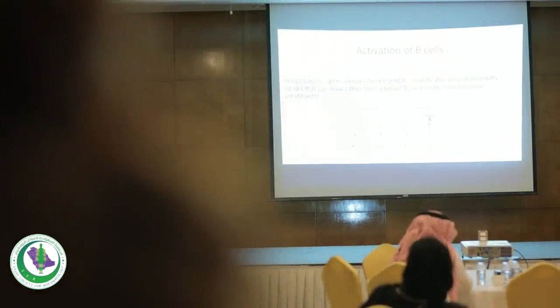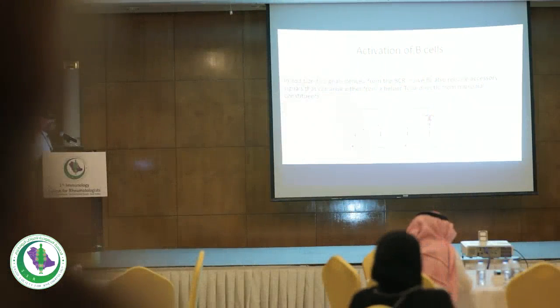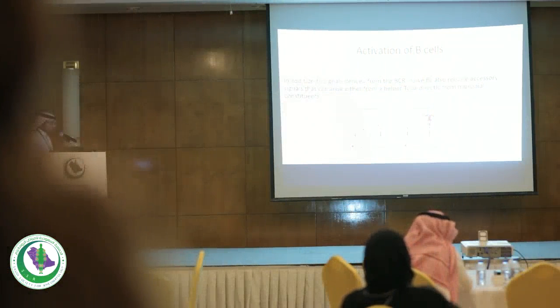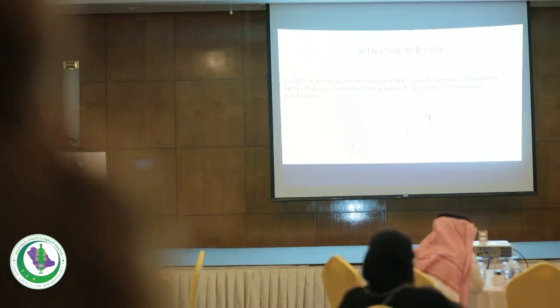As with T cells, B cells require two signals, or more than one signal, to get activated. The first signal is the usual signal that it gets from the B cell receptor. It stimulates activation of signal transcription. The second signal is usually delivered through the T helper cells, and in particular a subset of the T helper cells called the T follicular helper cells that Dr. Abdullah was talking about a few minutes ago. So these two signals stimulate the B cell for further differentiation, proliferation, and production of the antibody